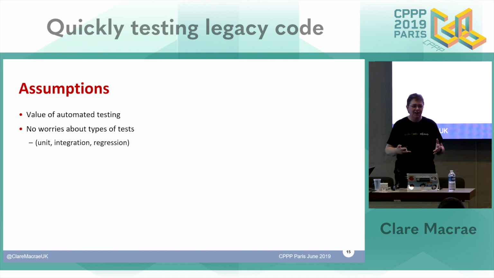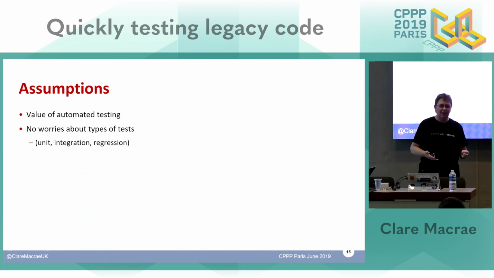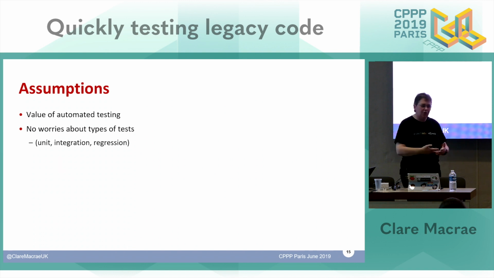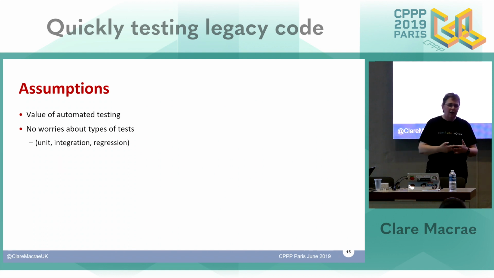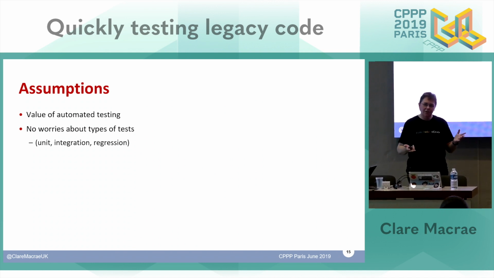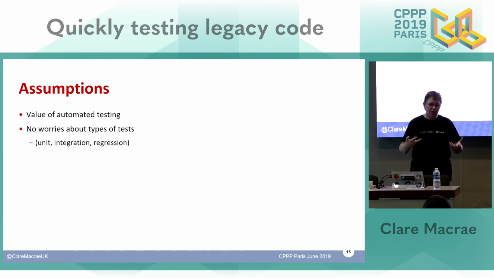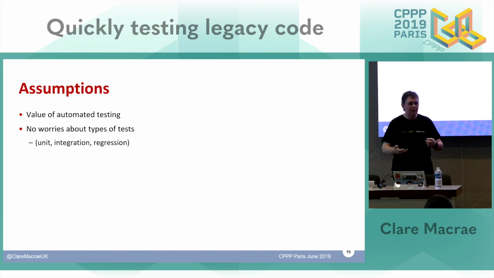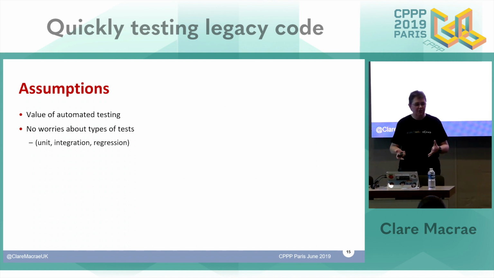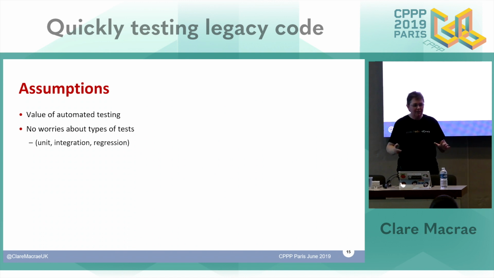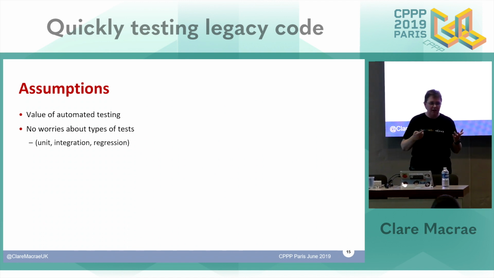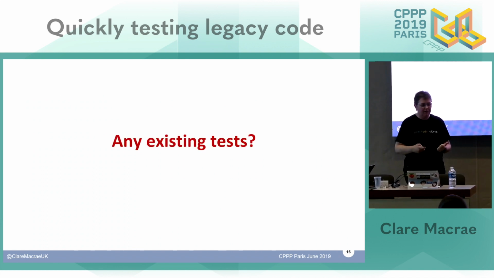The first of those is that you understand the value of automated testing. I'm guessing you wouldn't be sitting here giving up an hour of your Saturday if you didn't already understand that value. But for anyone not convinced, that's a whole separate talk. I also would like to ask you to suspend any concern about different types of tests. There's lots of good advice about writing small unit tests, testing small components of code, versus integration tests versus regression tests. At this point, I'm going to say, in the scenario that I'm talking about, any tests are good, don't worry about them being perfect tests. You want to start building in that sort of safety net.